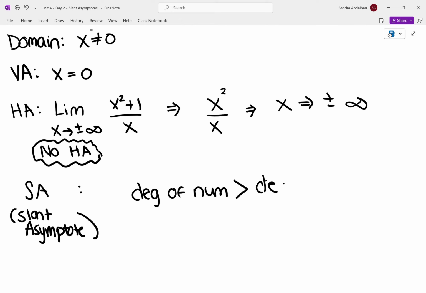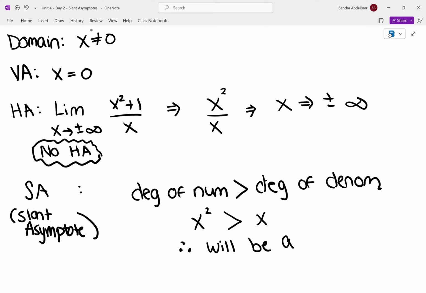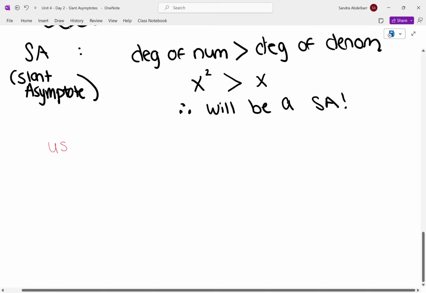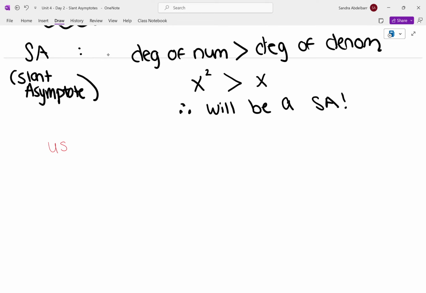this will occur if the degree of the numerator is greater than the degree of the denominator. So go back to our function. Is the degree of the numerator greater than the degree of the denominator? Yes, we have x to the second is greater than x. So therefore, there will be a slant asymptote. So now how do we find the slant asymptote? What we're going to do is use long division